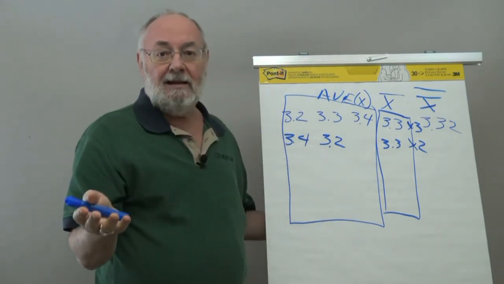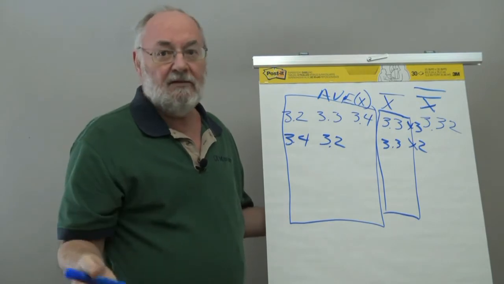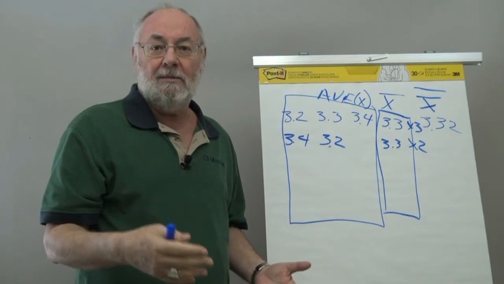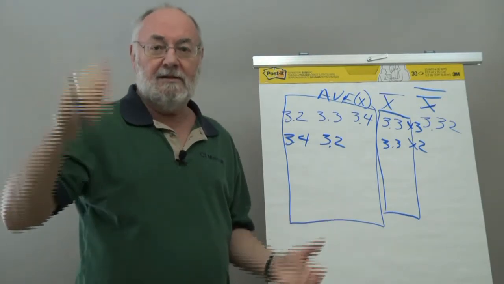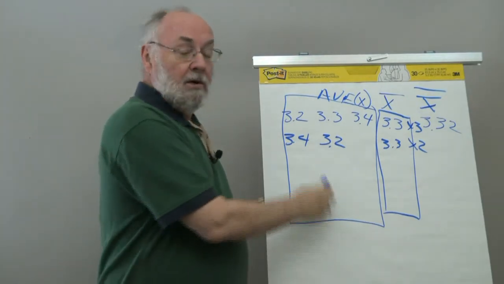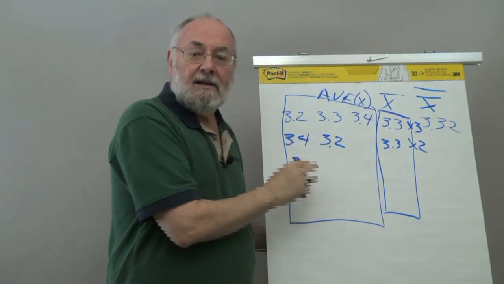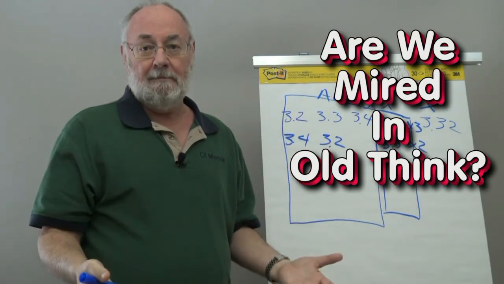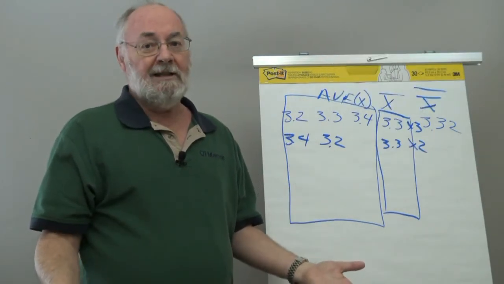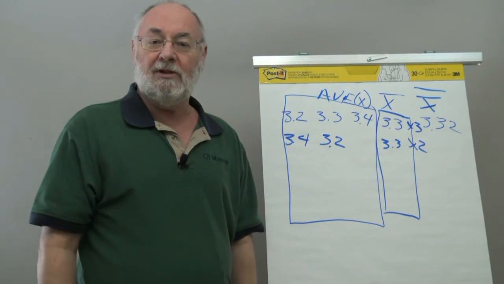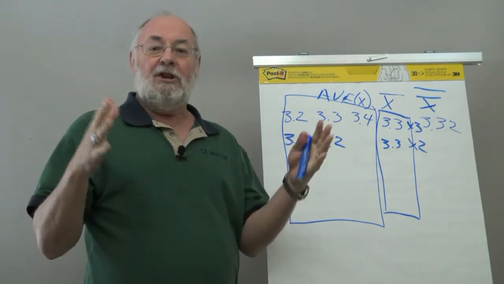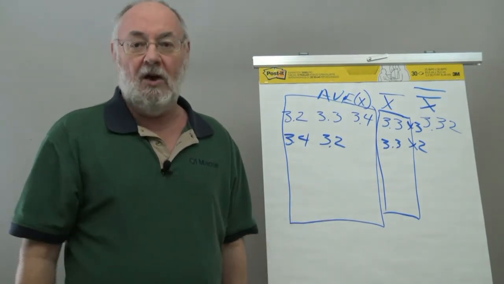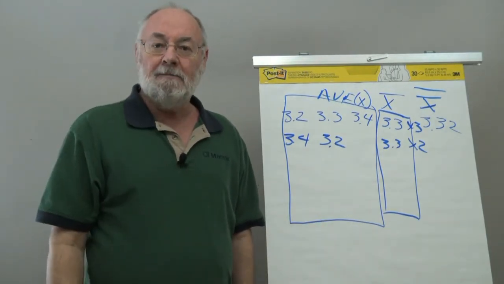I think it's how we taught Lean and Six Sigma, like everybody was in manufacturing, and they're not anymore, right? Only about 8% of America works in manufacturing. Everybody else works in services and other stuff. So what are we doing that's simply carrying on the way things used to be? I don't think we want to put buggy whips in our Ferraris. I don't think we should go backwards in time, and flog the engine to make it go. I don't think that's how it works, right?